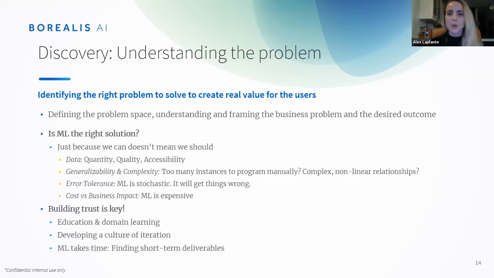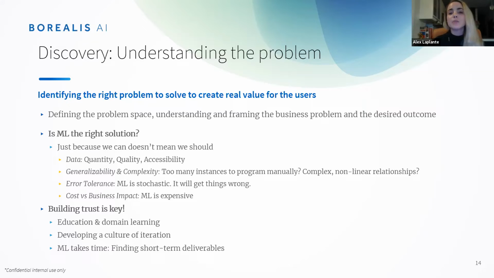And of course, this is something as product managers we always have to do, and this applies to anything. But I definitely think it's key when you have differences in terms of where people are coming to the table, right? So we work with business partners. They are deep experts in their business domain. They don't know very much about machine learning. And so a lot of education has to go back and forth when we start off an engagement. And a part of this is really developing that culture of iteration, letting them know that we could end up spending 6 months exploring something and come to the conclusion that it makes no sense at all. And they have to be comfortable with that.